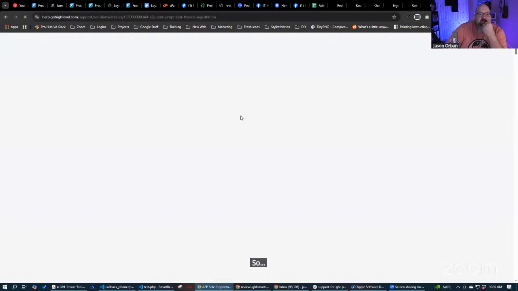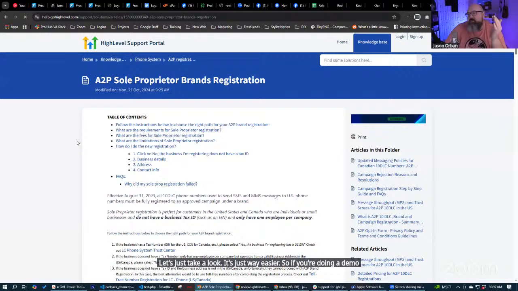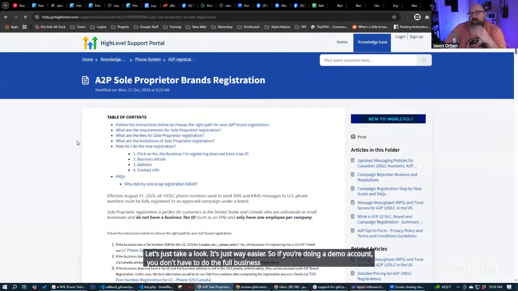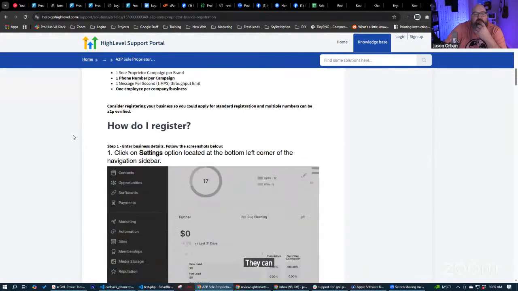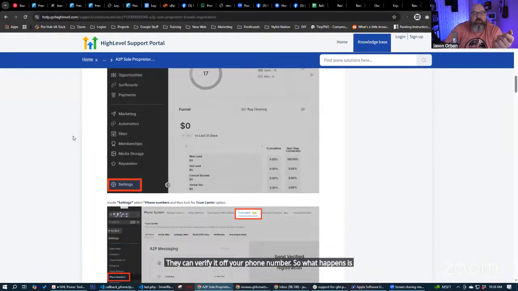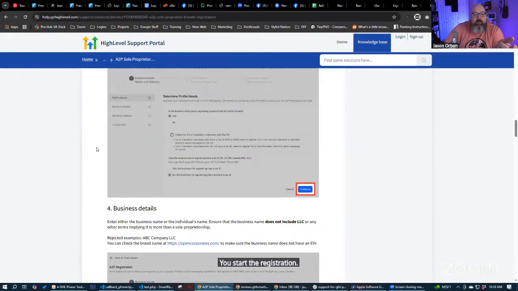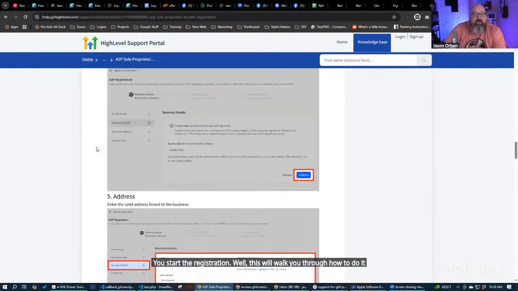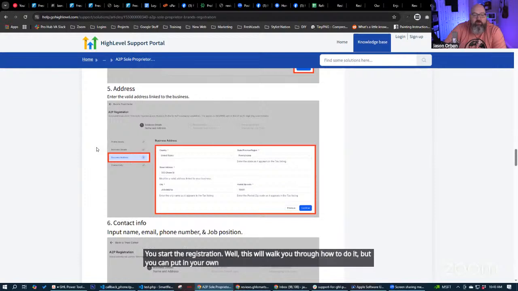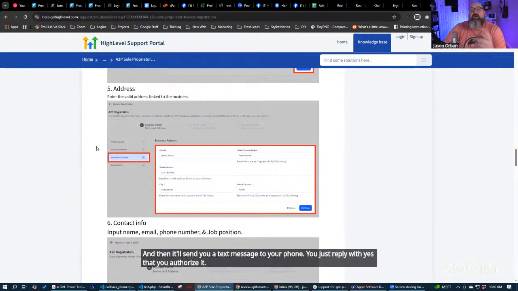Let's just take a look. It's just way easier. If you're doing a demo account, you don't have to do the full business information, address, all that kind of stuff. They can verify it off your phone number. So what happens is you start the registration. This will walk you through how to do it, but it'll ask for your phone number, and then it'll send you a text message. You just reply with yes that you authorize it, and then